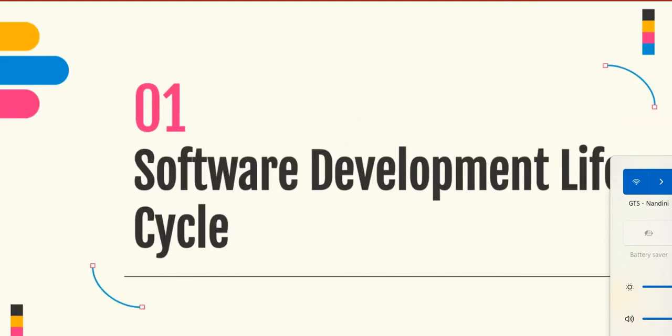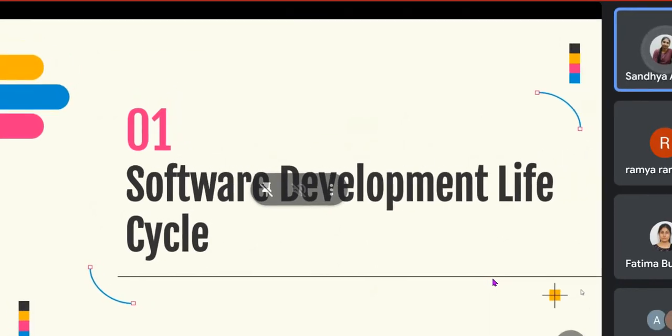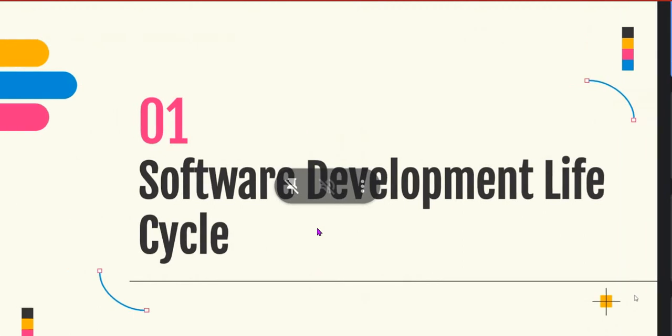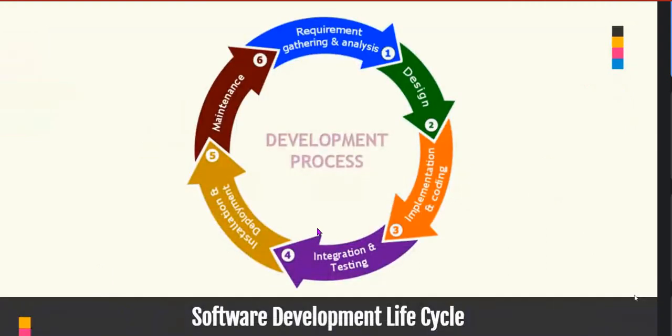So first is software development lifecycle. It is like a structured process that is used to design, develop, and test good quality software. So it is like a methodology that defines the entire procedure of software development step by step. So the main goal of this lifecycle model is to deliver a high quality, maintainable software that meets the user requirements. So this is the software development lifecycle, where we have different phases like requirement analysis, design,